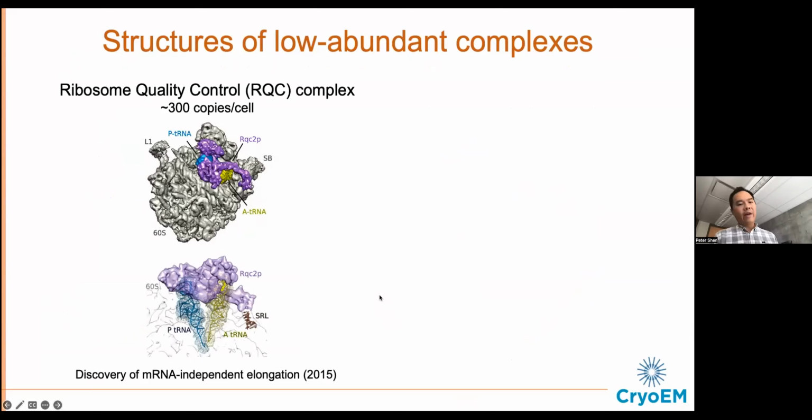So one of the most powerful advantages of cryo-EM is that you really don't need a lot of material. And so the method is also highly accessible for imaging complexes that are directly isolated from their native sources, even those with naturally low expression levels. Now, my lab studies complexes that are involved in maintaining protein quality control. Many of these complexes are expressed in low abundance, as low as a few hundred copies per cell, as with this RQC complex. And these are complexes that are challenging to purify through recombinant systems and challenging to reconstitute